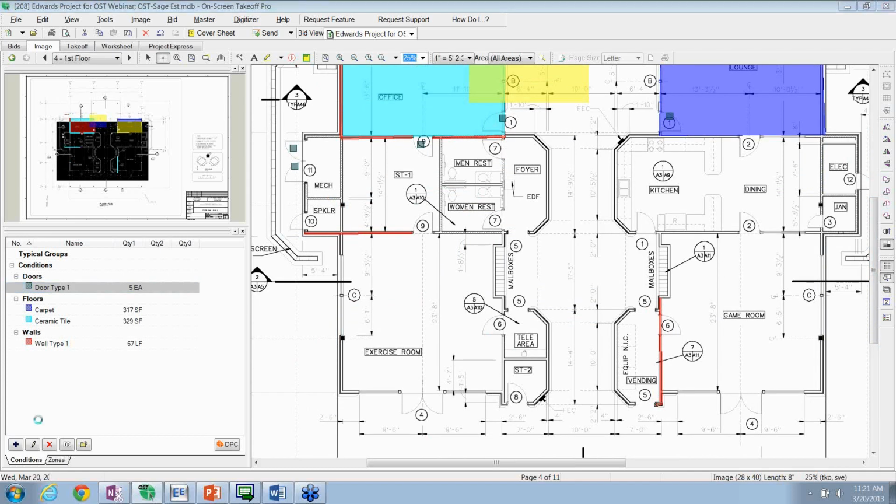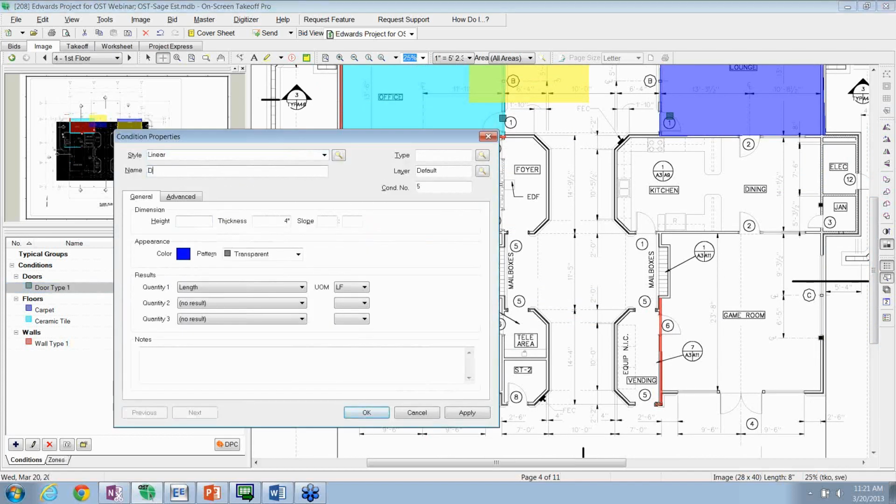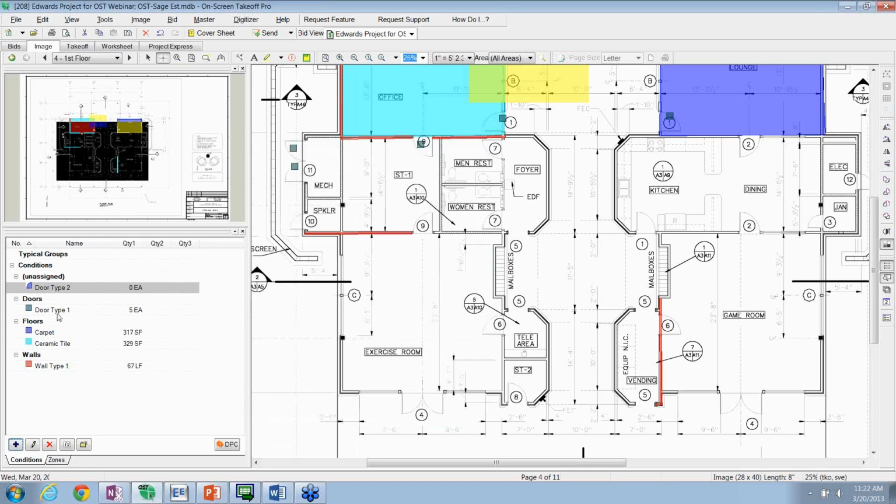You can also do what they call an attachment. So maybe I want to call this door type 2. And as I do the attachment, I've got the ability to say the height of this is going to be an 8 by 3.0, and I'm going to make this, we'll call this a right-hand door. And as I hit OK,